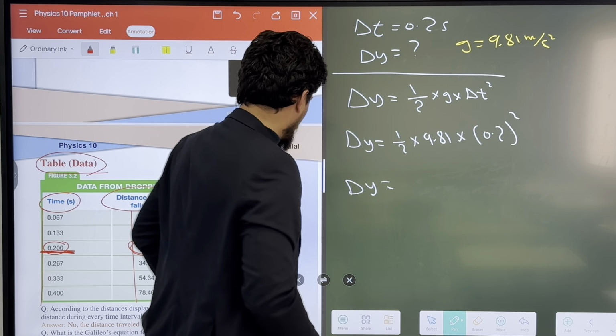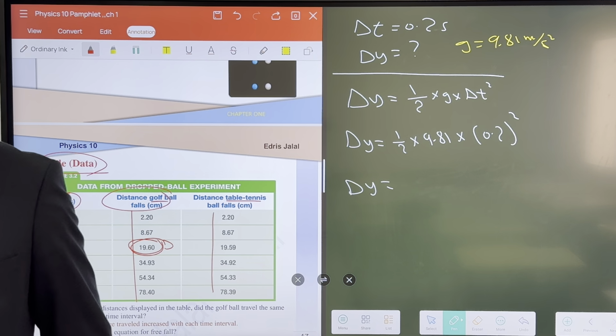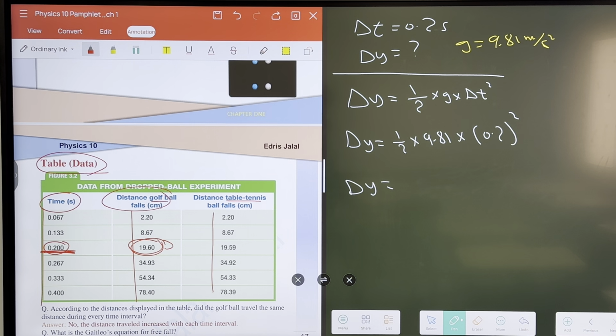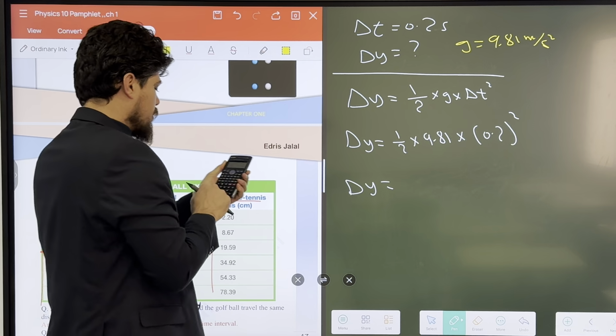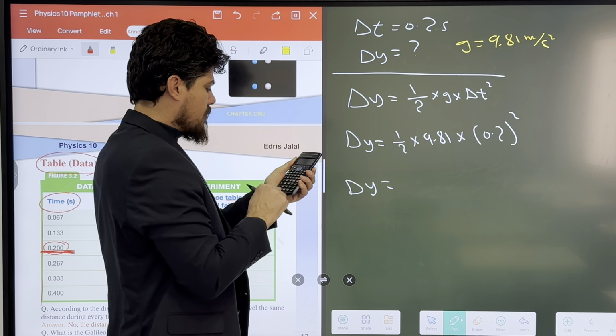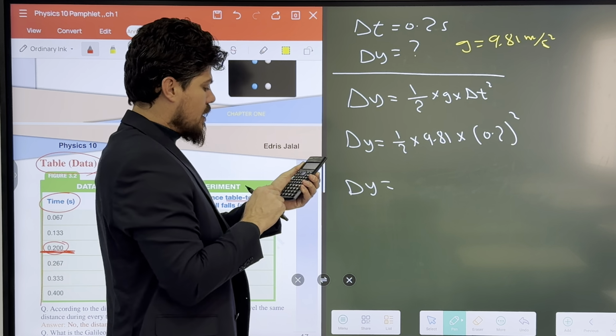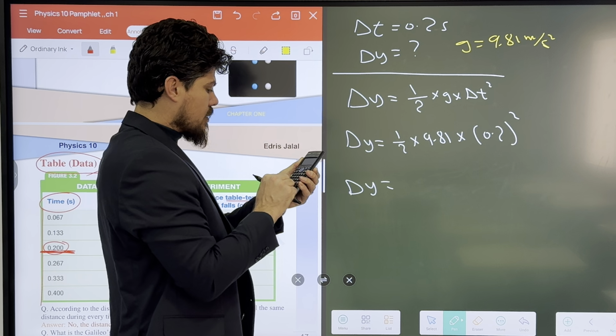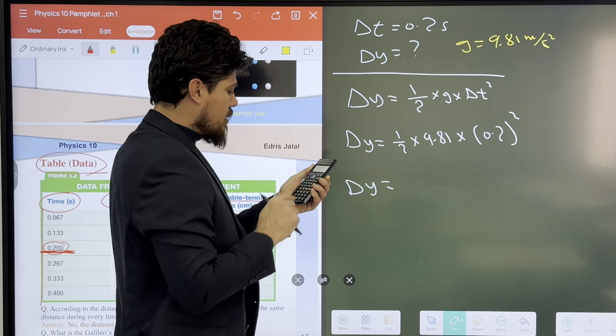Delta y is equal to what? Now I'm going to bring the calculator. Delta y is equal to 0.5 times 9.81 times 0.2 squared, which is equal to